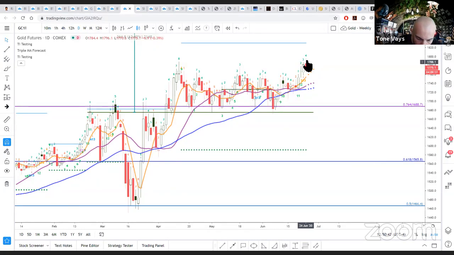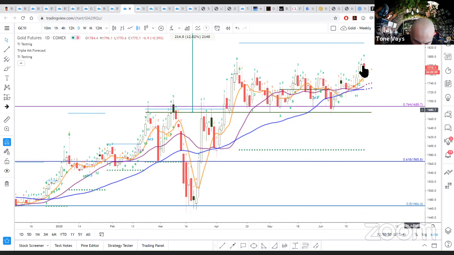Like I said, we did make a brand new swing high this morning. I would love to see a new swing high close. We saw a new daily swing high close yesterday. So yesterday, gold closed at its new high, 1782. And right here, it closed at 1769. And that's a brand new high. That's like an 11-year high. The last time gold was this high was like 2012 or something, or 8-year high, whatever it is. It's good enough for me. The daily chart clearly has momentum. We are only on a 4.